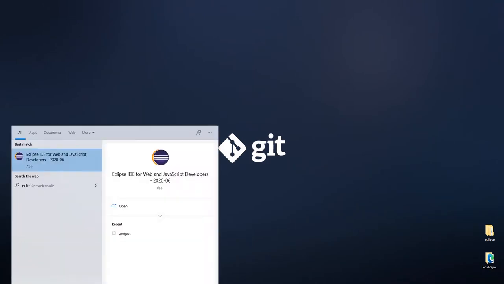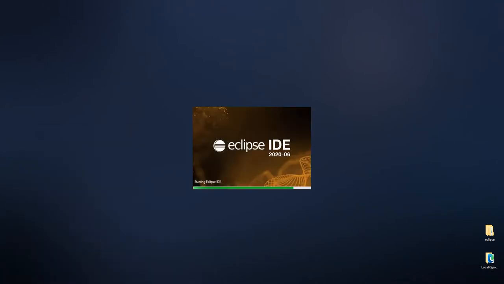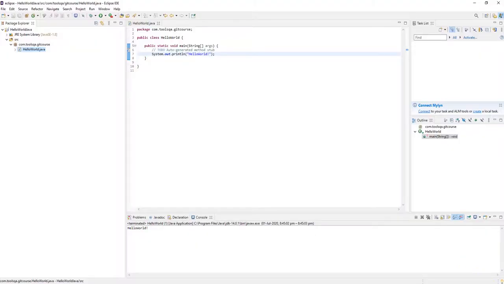For the demo purpose, I have created a simple Hello World Java project in Eclipse. When we build our project, our output is generated in the bin folder. This output can be generated even if we have all the other files of the project. Hence, it is not necessary to save this output in our repository. So let us check how we instruct Git to ignore these files.